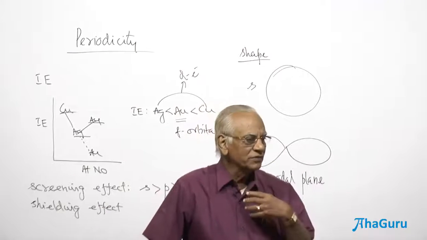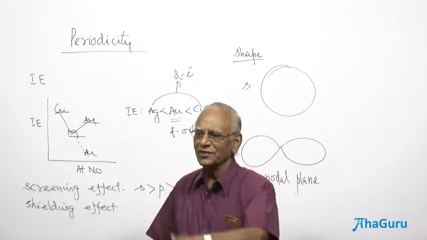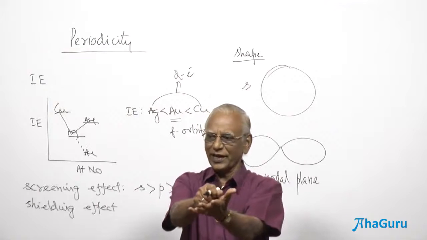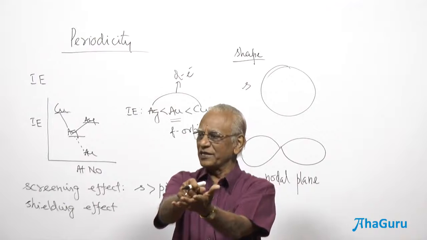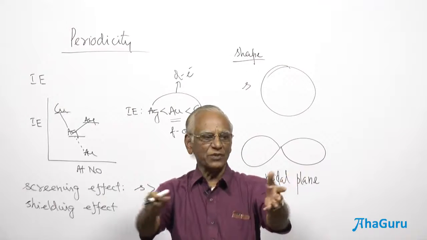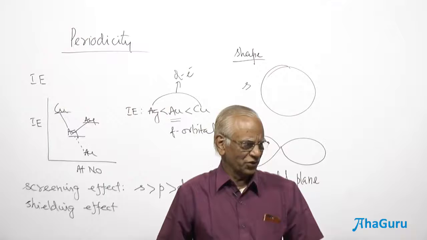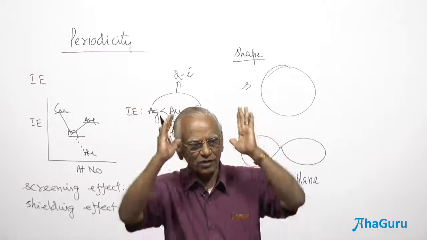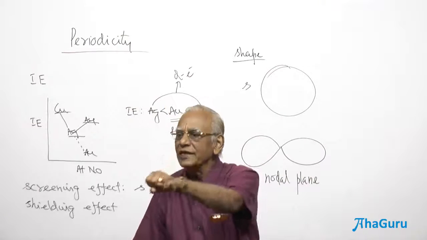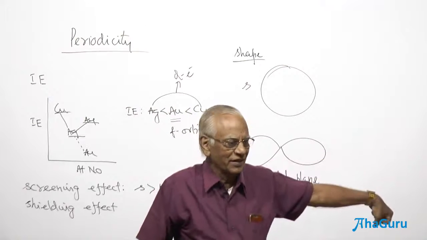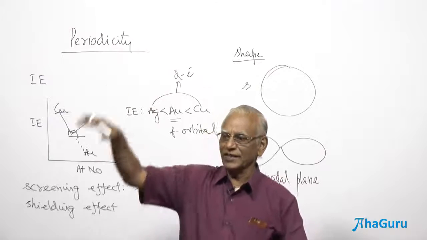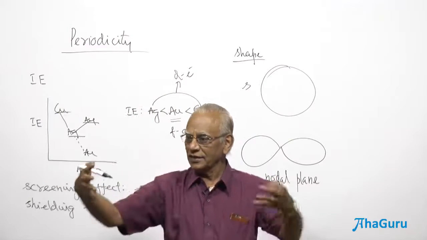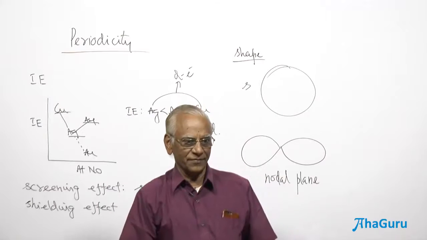And that is what we want to do. Chemists, we are interested in the electrons only, not the nucleus. Physicists are interested in the nucleus, radioactivity, and how the nucleus is split into smaller ones. Have you not heard about nuclear fission, nuclear fusion? Enormous amount of energy is given out. So, we are not going to do anything with the nucleus. The nucleus is going to be intact during a chemical reaction. The changes are only in the outermost electrons. In some cases, electrons are removed, in other cases electrons are added, and in some other cases there is sharing of electrons.